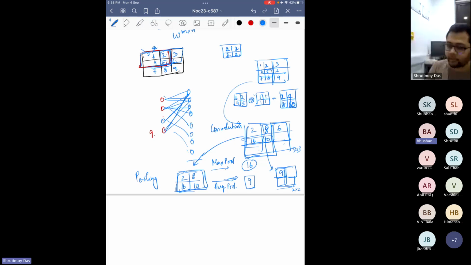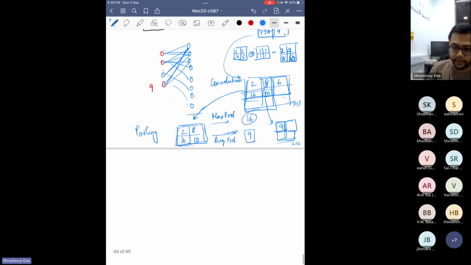Okay, so for this, we know PCA is a dimension reduction algorithm. Means PCA could be used as a